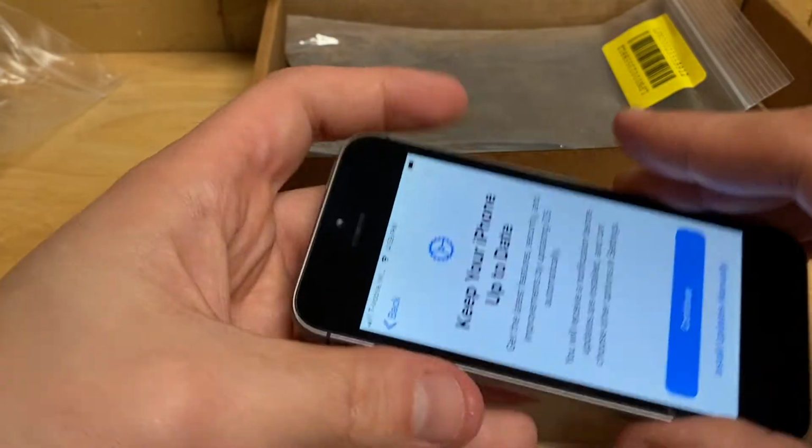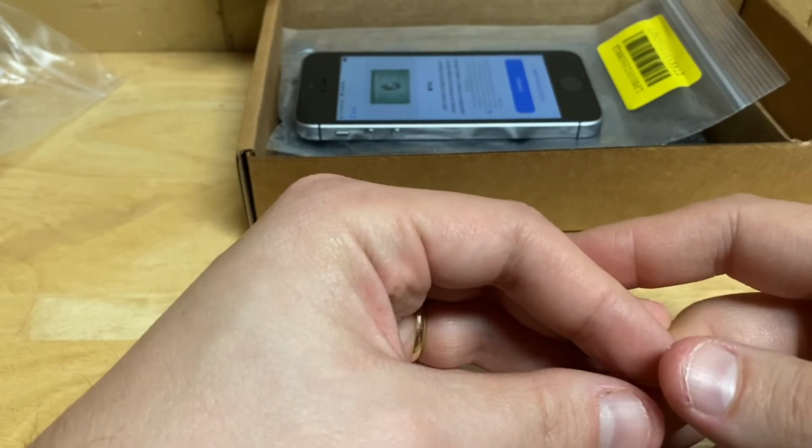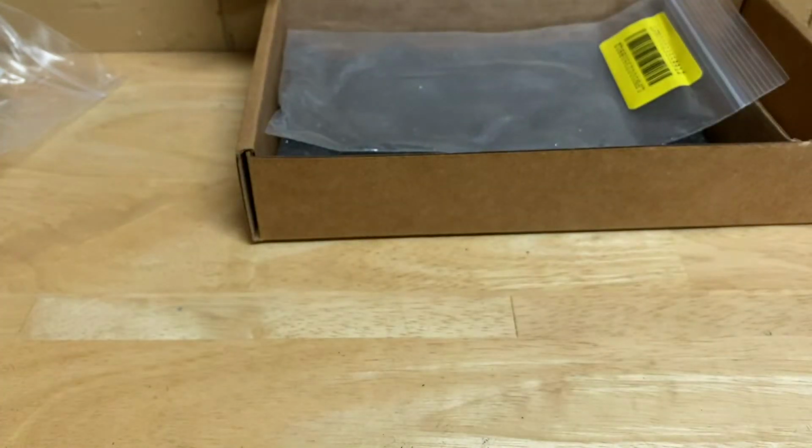All right, while it's doing its thing, I want to talk about buying this used device. Honestly, if you don't have the money to go out and buy the newest iPhone, I would totally consider this as an option, especially considering how long they're supporting Apple devices now. If iOS 14 goes on to the iPhone SE, that would be incredible. That'd be one of the longest standing update schedules for a mobile device. And to me, that's incredible,